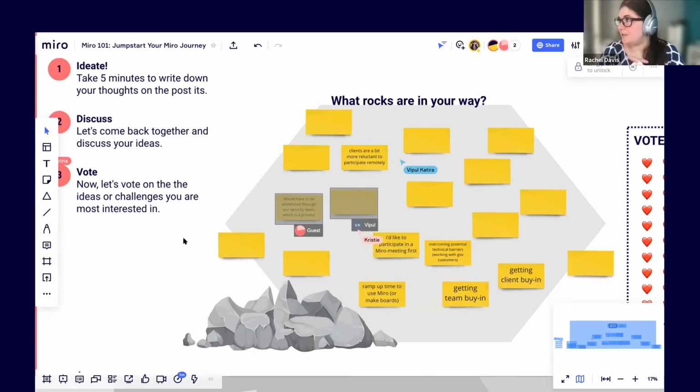Getting team buy-in. That's an interesting one. I guess it depends on your team, right? If your team is design focused or tech focused or has their own tools that they use, I'm always a fan of letting people use the tools they're comfortable using. Even with things like design systems, for me those are always guidelines that can grow, unless